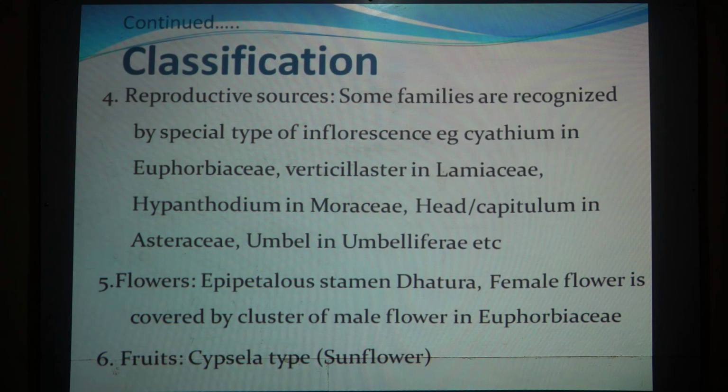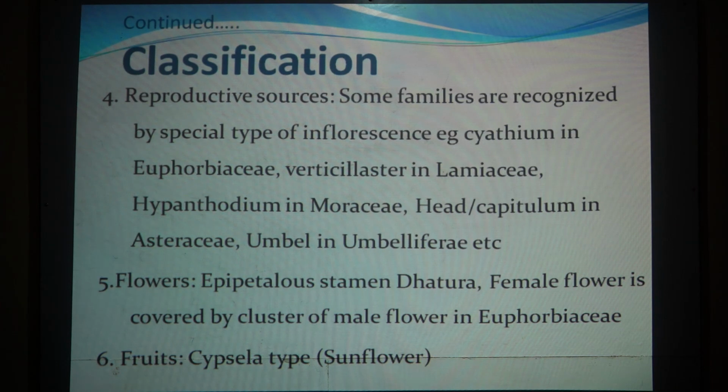Other floral characters are also important in taxonomy, that is, fusion of petals separated dicots into two subclasses, polypetalae and gamopetalae. However, absence of perianth is an important feature of monochlamydeae or apetalae. So this is about the reproductive parts. Then we can see how flowers are used for classification. Floral characters are the most important characters.